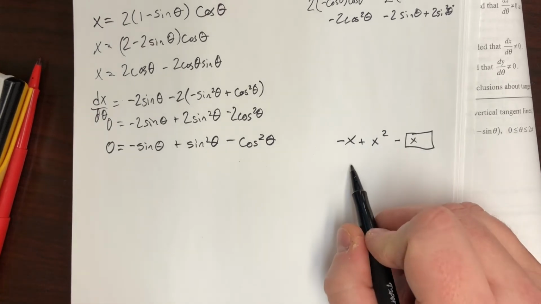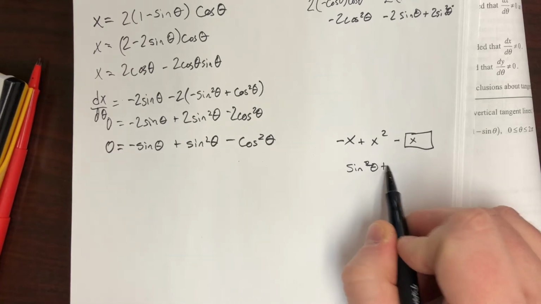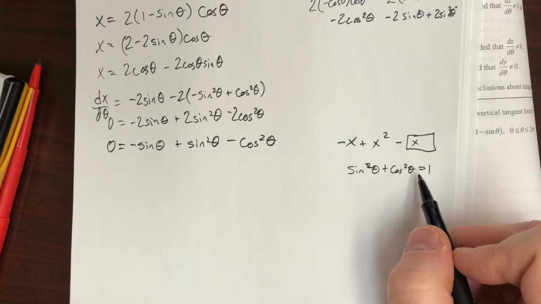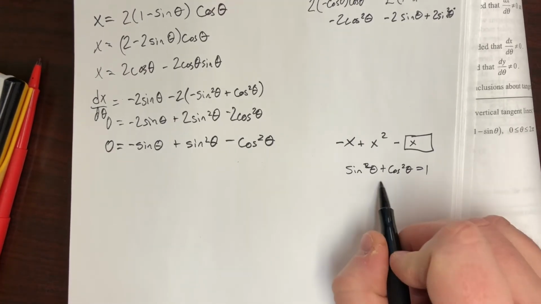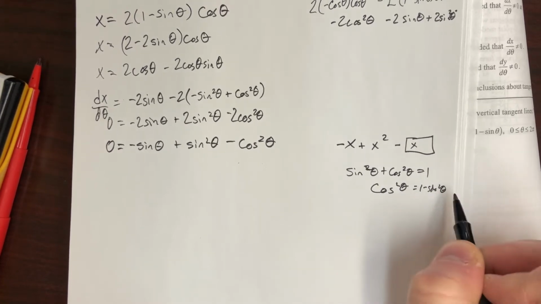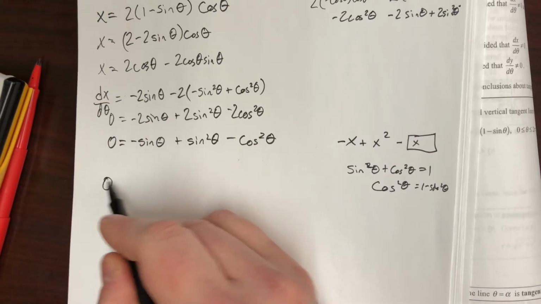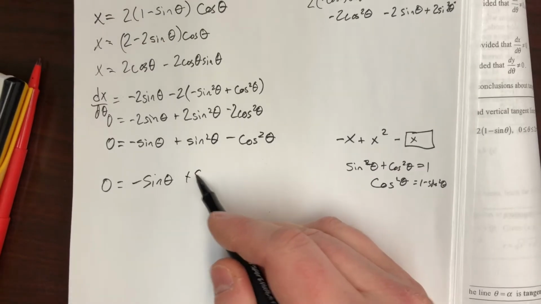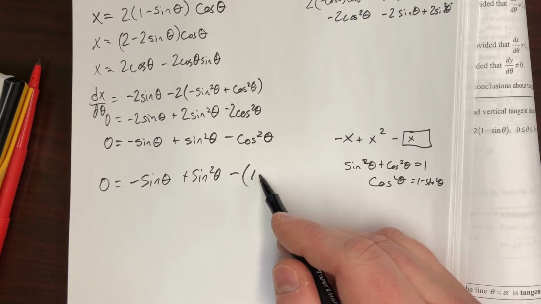So enter Pythagoras. Remember sine squared? That's a squared. Sine squared plus cosine squared is equal to 1. So I can actually solve this for cosine squared. I can subtract the sine squared and say cosine squared theta is equal to 1 minus sine squared theta. All right, so I can say 0 is equal to negative sine theta plus sine squared theta minus 1 minus